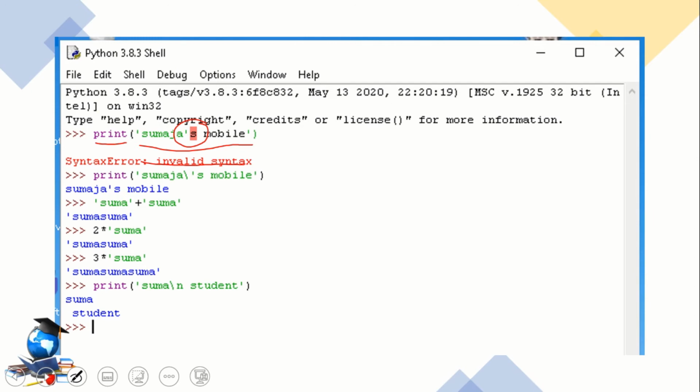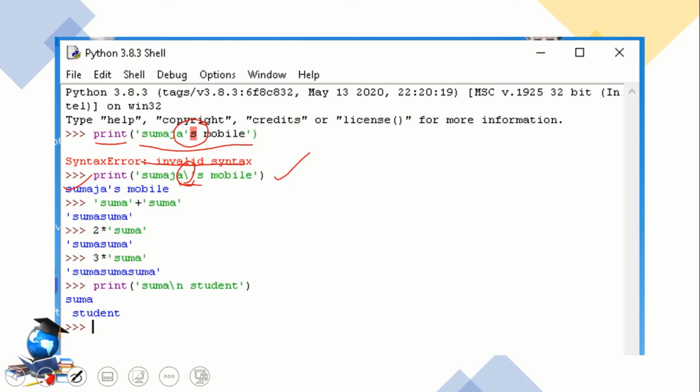So we have to remove the special meaning of single quotes. We can remove it by the use of a backslash. You should use a backslash before the single quote. In this example, I have used a backslash before the single quote. Then my string is successfully printed.